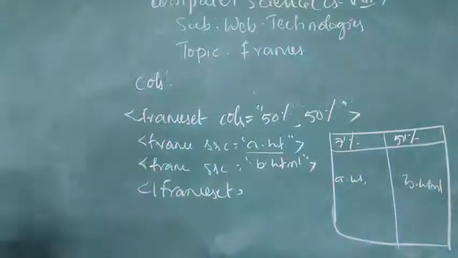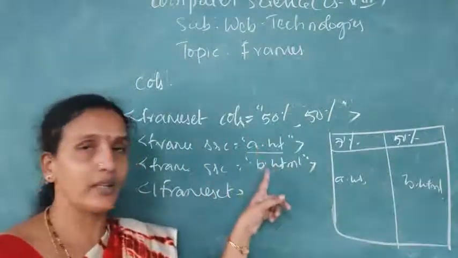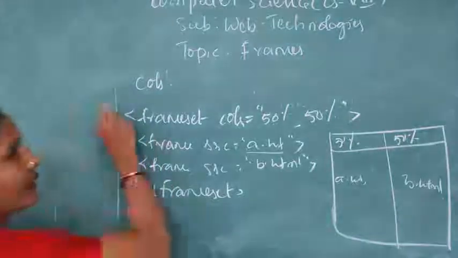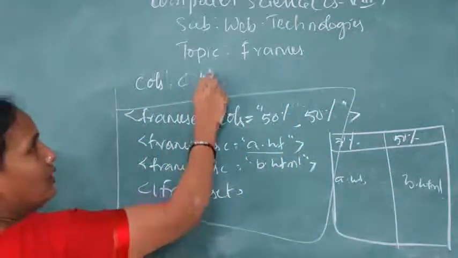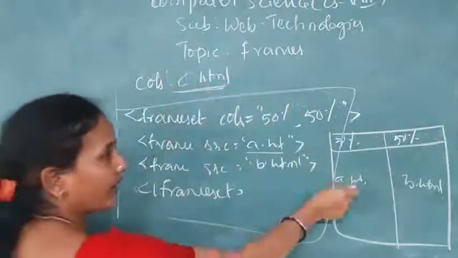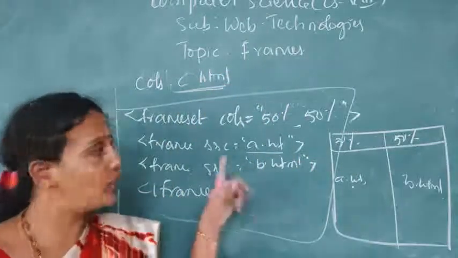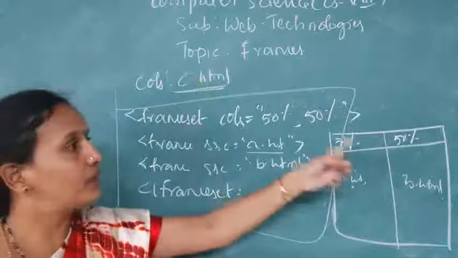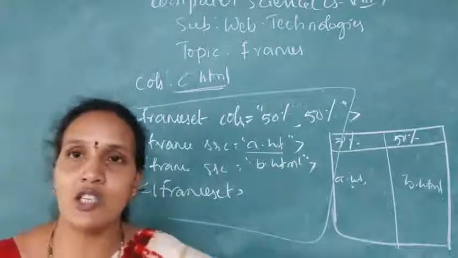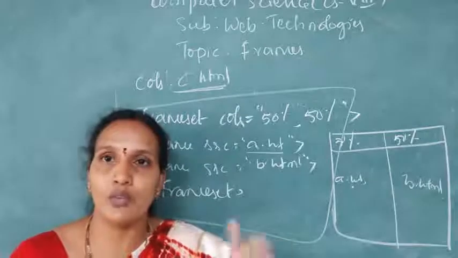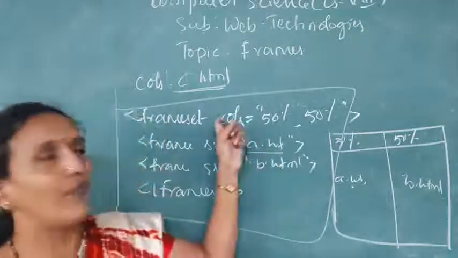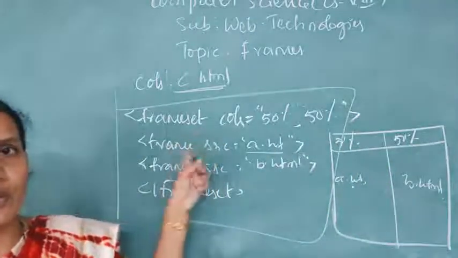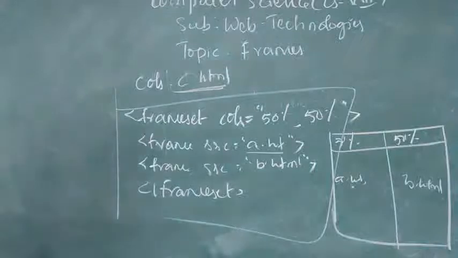Okay. We take a screenshot of this, and one more condition here. Before including this, A.html should exist, B.html should exist, and this file name is C.html. So when you execute C.html, you will get this output. If you execute only A.html or only B.html, you won't get this output. Only if you execute C.html will you get this output, because in C.html we have written the code to combine those 2 files into a single browser window. So this is the final file. If you want to see this output, which file do you have to execute? C.html.